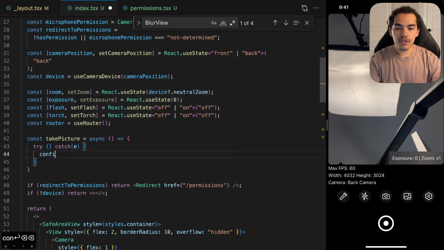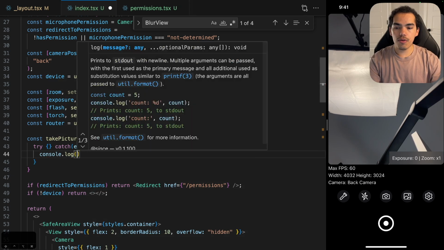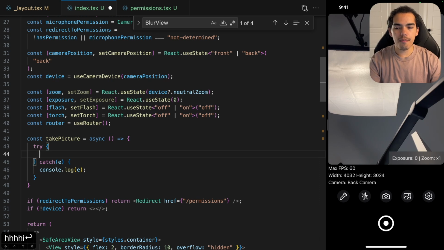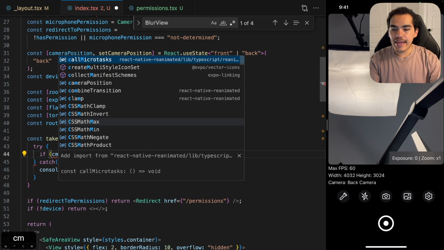And for now, I'll just console log the error, but it's a good idea to have an alert and specifically tell the user what went wrong by accessing the message of the error or displaying something related. It also is a good practice to have some validations in here. So for example, I can say if camera,